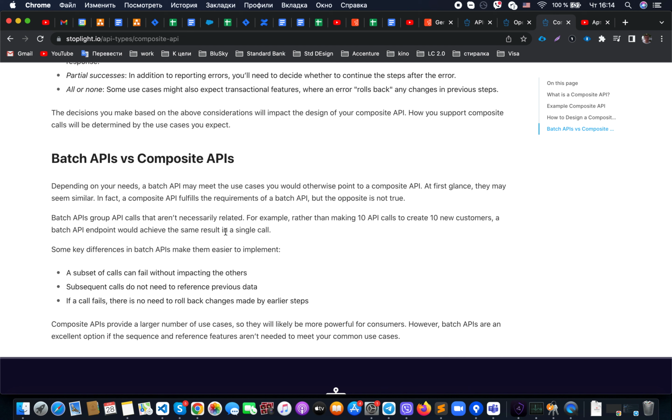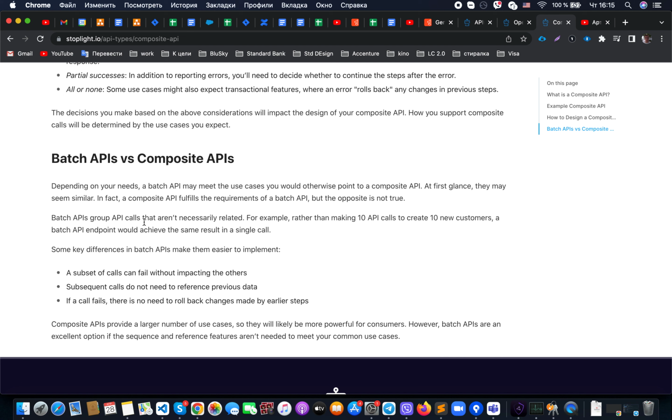We could invoke a batch API, because what we want is the result of 10 identical operations in a single call. It could be done, but here is the difference between batch API and composite API.